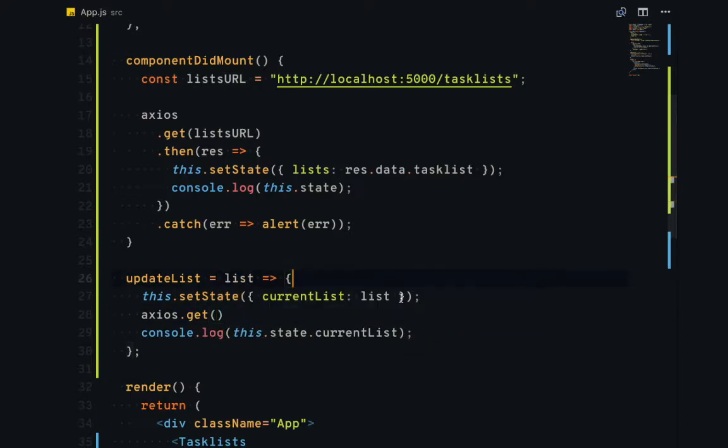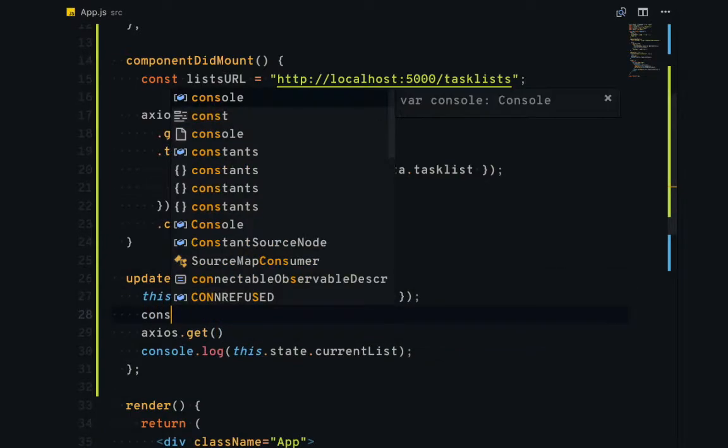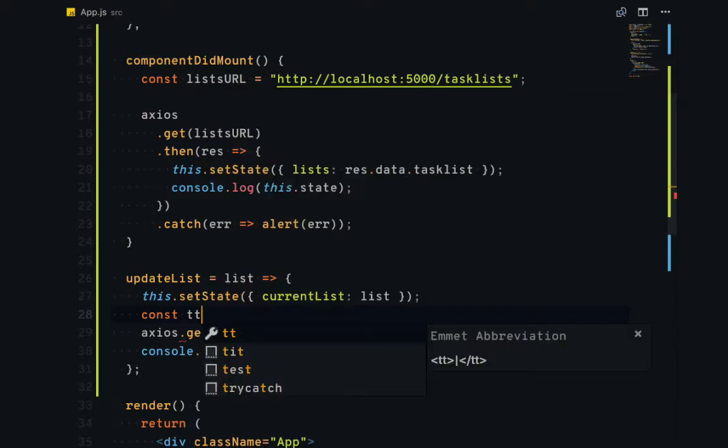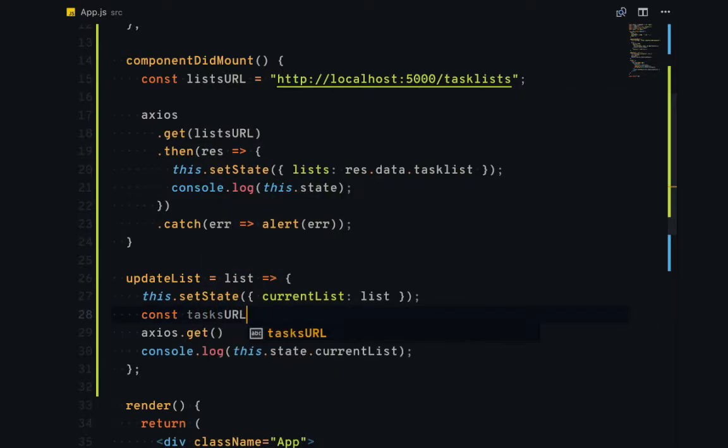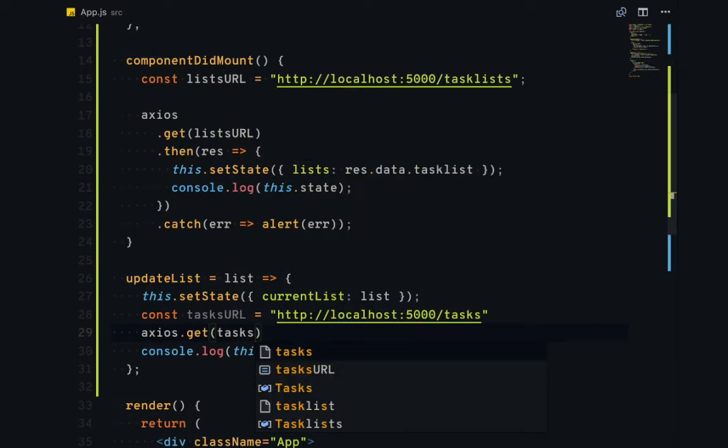Our URL should be called const tasksURL, which should be http://localhost:5000/tasks. So we will make a get request to the tasks URL,